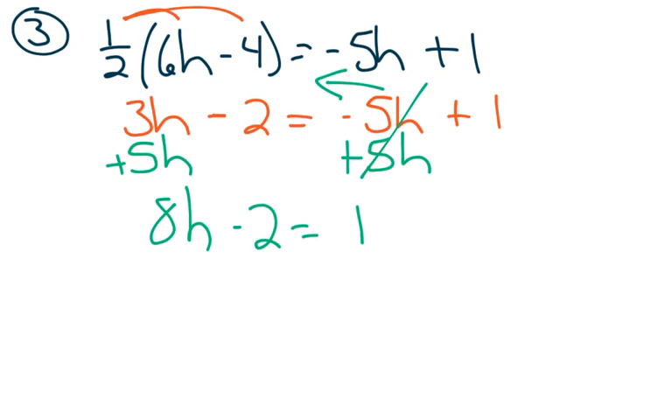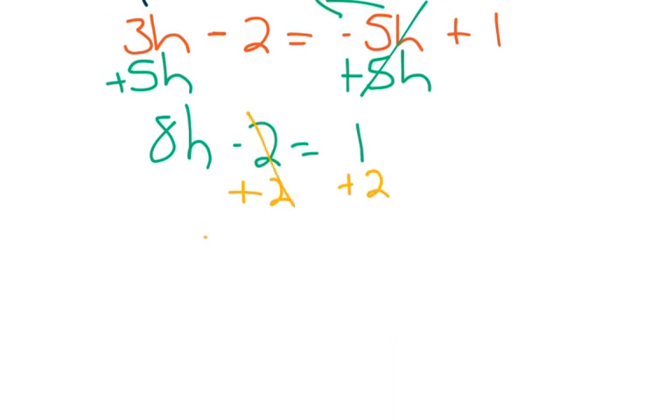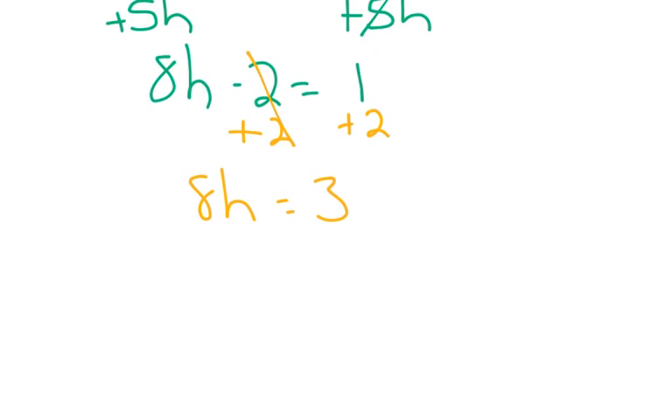Okay? Now I've got a two-step equation. This is more like a section 2 equation now. I've got the variables on one side, so let's get rid of the numbers. I'm going to do that by adding 2 to both sides. The 2's go away. 8h on the left, 1 plus 2 is 3. And now I've got one last step to go. I haven't used blue yet, so we'll use blue. We'll divide both sides by 8. Those go away. h equals